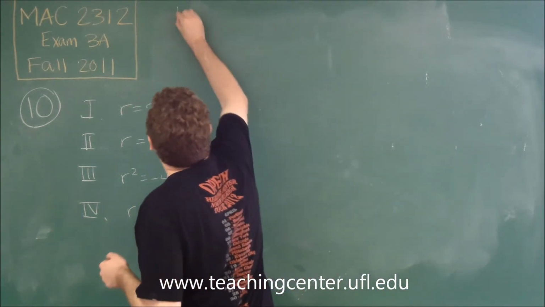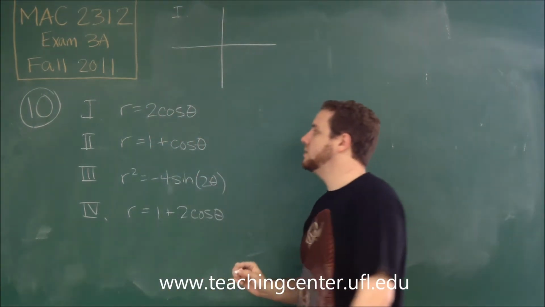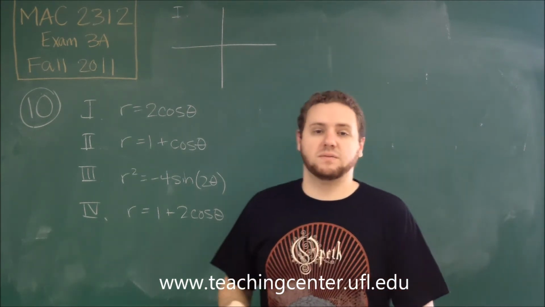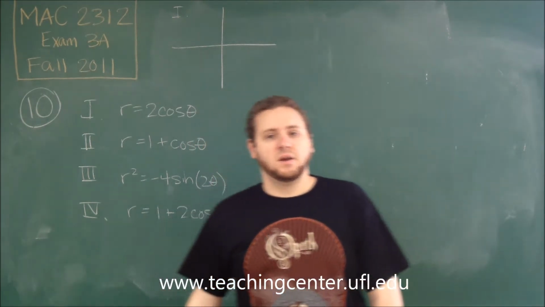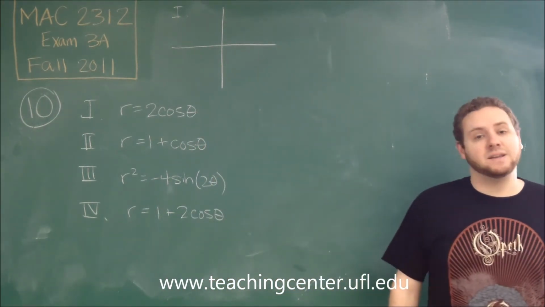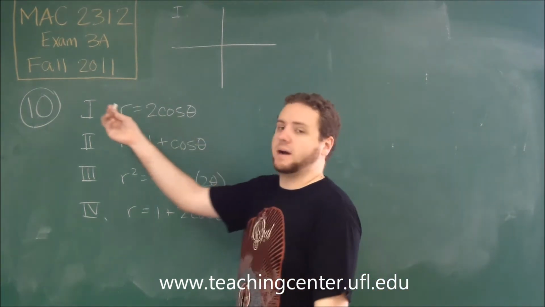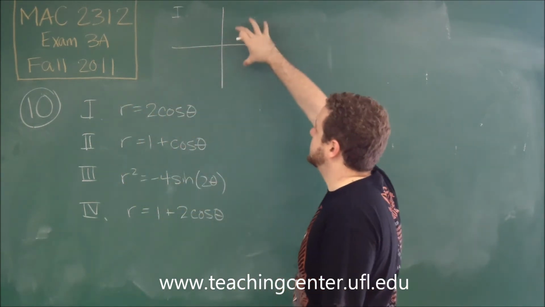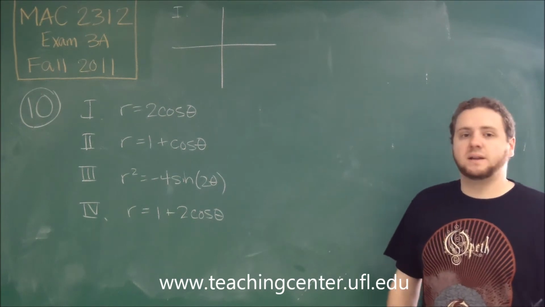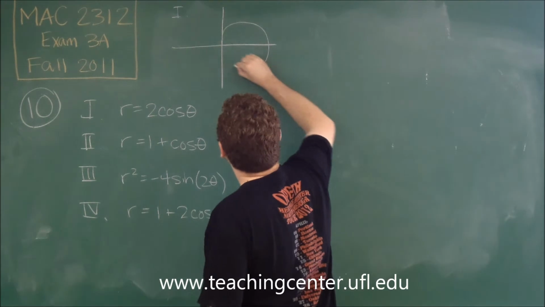So for the first one, R equals 2 cosine theta. Remember that if you just have R equals and you have sine or cosine of theta with some constant, you're just going to get a circle, but it's going to touch the origin on an edge instead of the origin being a center. Since this is cosine theta and we had a positive number, the circle is going to exist on the right half of the graph only, and it's going to have a radius of half of this constant, which is 1. So it's going to look like this,